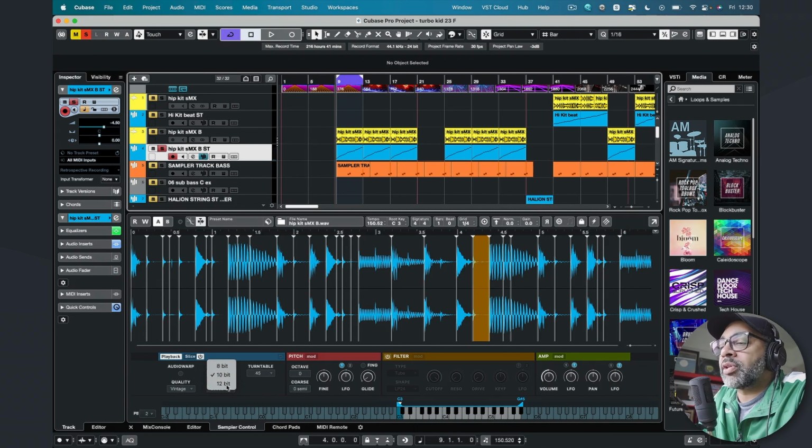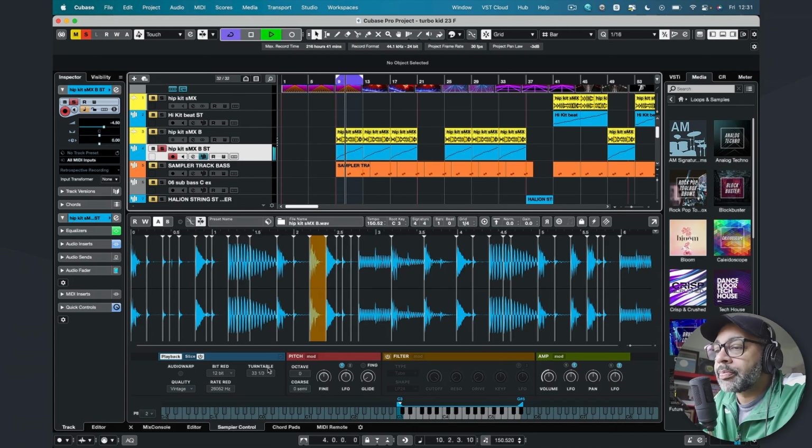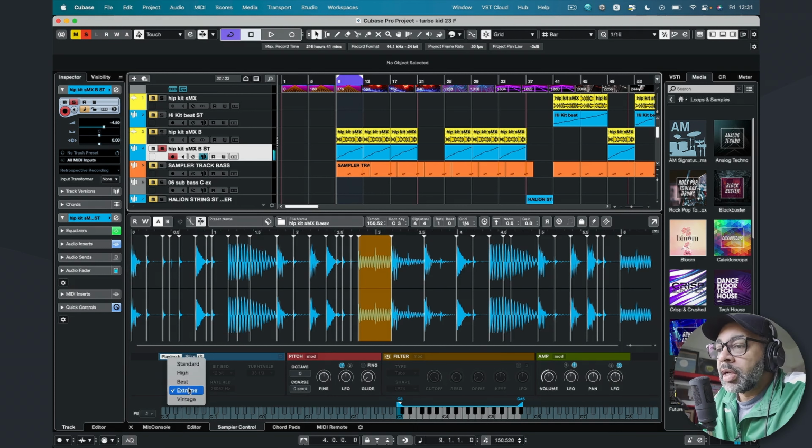So if you want to keep the sort of analog flavor of the old samplers, 12-bit's definitely probably the best to go for. 12-bit 33, this is like your sampler realm. And of course you can go extreme and all that kind of stuff as well. I just like vintage mode. I think vintage mode 12-bit 33 is a nice happy medium for the old school samplers if you're going for